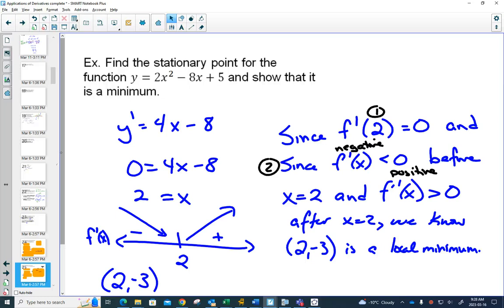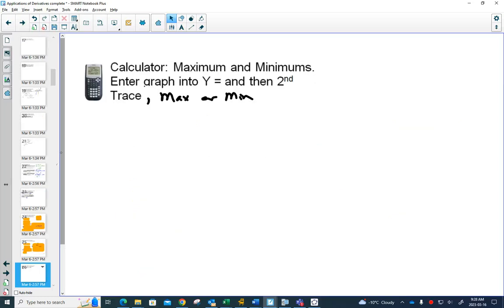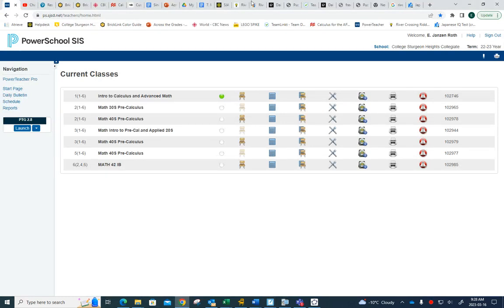At the bottom there's a little explanation. If you have a graphing calculator, you can find maximums or minimums on your graphing calculator. If you don't have a graphing calculator, there's a very good app on your phone called Desmos. You can graph an equation. And since a max or min is really important here,